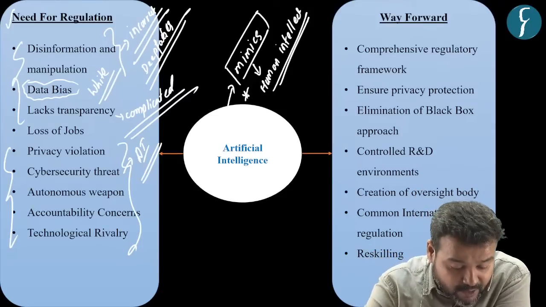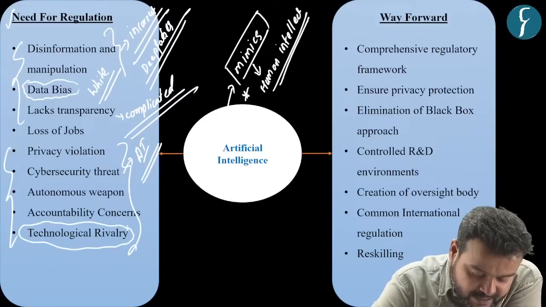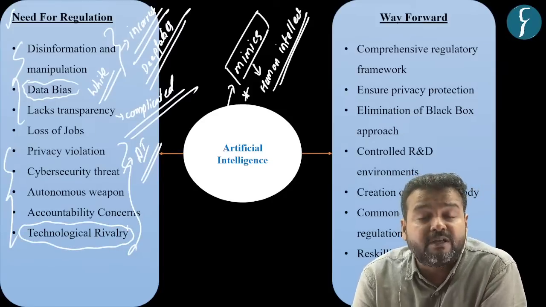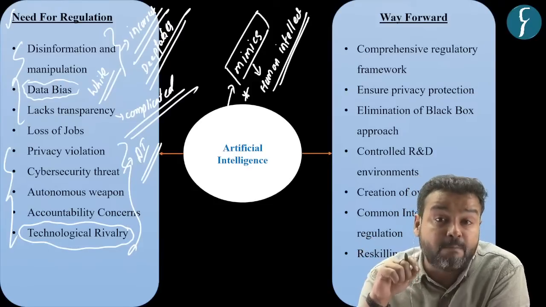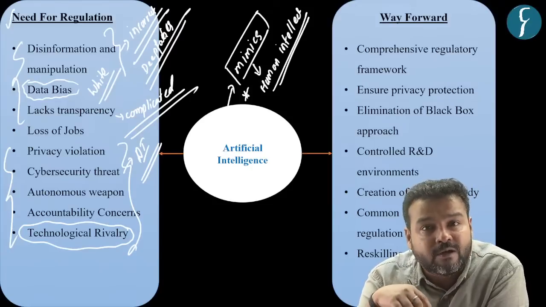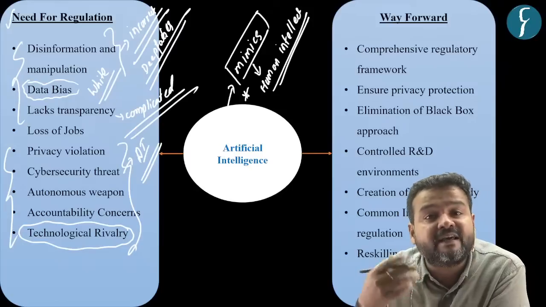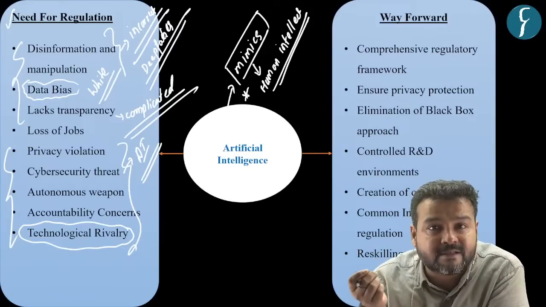And which is covered in the last point, that is technological rivalry, which says that in future the countries who have a better grip over AI technology may use the AI as a tool to counter their rivals through cybercrime and other hacks. Okay,